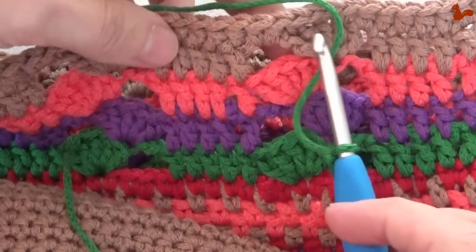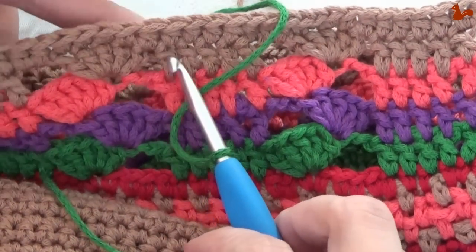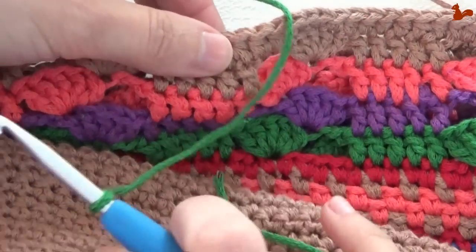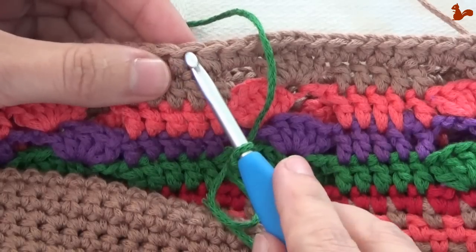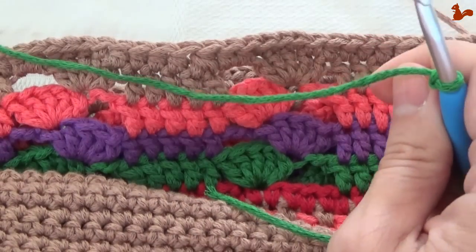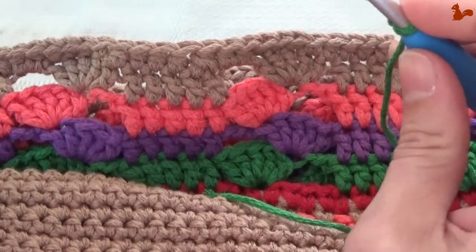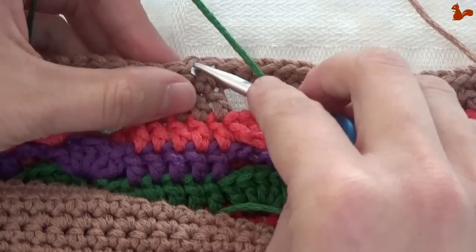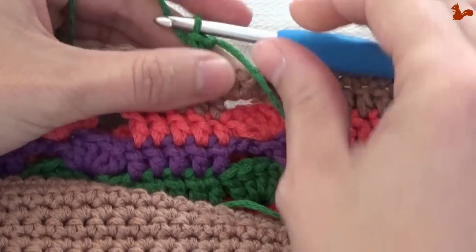So I'm going to go and look for another half double crochet 2 together, and let me just quickly see, I should have one here somewhere. Yes, here it is. This is a half double crochet 2 together, so I'm going to start on the stitch to the left of that. I'm going to make a standing single crochet in this stitch. So this is the half double 2 together, and then 1 stitch to the left, make a standing single crochet,